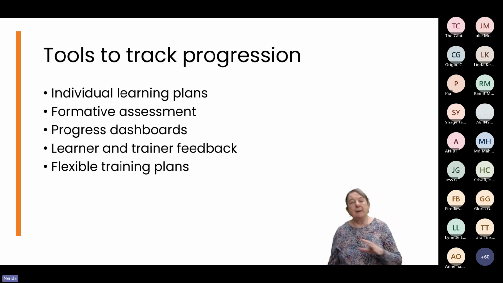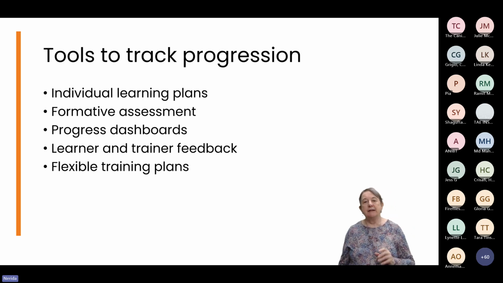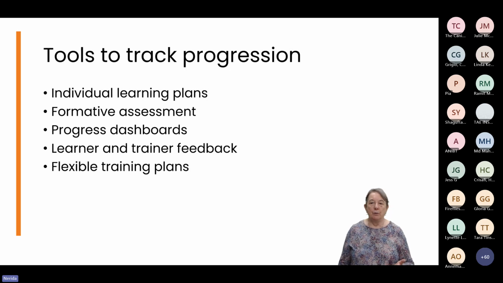So keeping tabs on learners isn't just a one-time job. It's something RTOs need to stay on top of throughout the training journey. Luckily, we've got some tools to make that easier. Our individual learning plans keep goals clear and let you tweak things as we go. We've got our formative assessment, showing us what's landing and what's not. And we've got our LMS